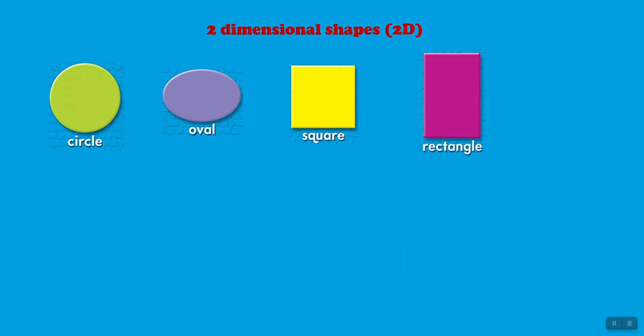First of all, we are very familiar with the circle, the oval, which sometimes we call an ellipse also. A square, which is a figure which has four sides equal and four angles at right angle. The rectangle, which has four angles at right angle also, but all sides are not equal. The triangle, a three-sided shape. The rhombus,